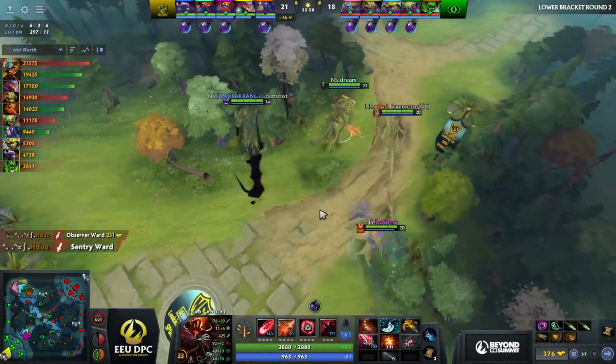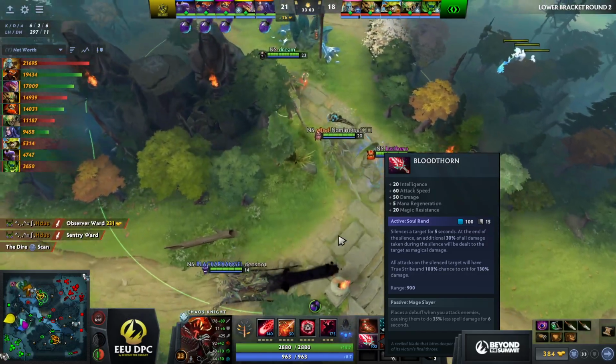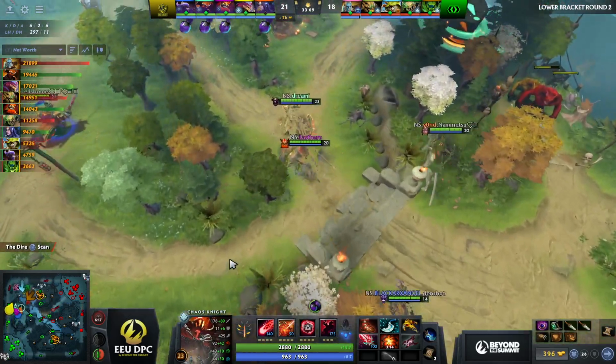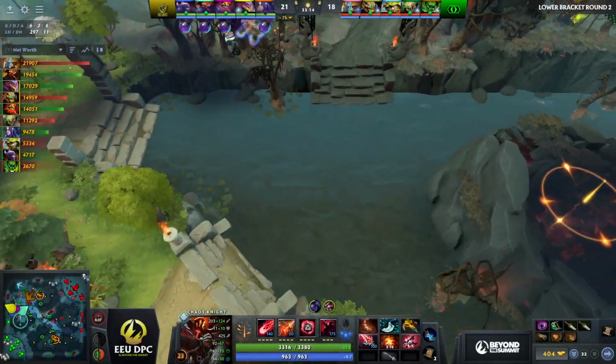Meanwhile, for that CK, we were sort of iffy on the Orchid buildup. Now it's a Bloodthorn, so now you have the silence and the damage. The Dream hits so hard. He's got the Mind Breaker here as well, so whoever he goes in on first is going to struggle to survive. And Cybercats,